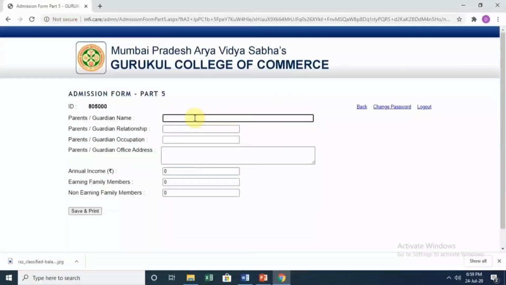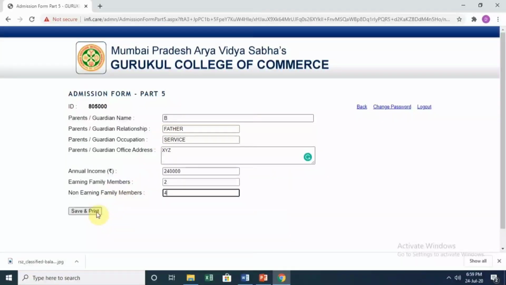In part 5 of the form, fill up the details asked. Parent's name, relationship, service or business, address, annual income, how many people are working in your family and not working in your family.